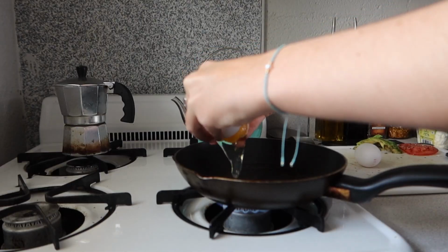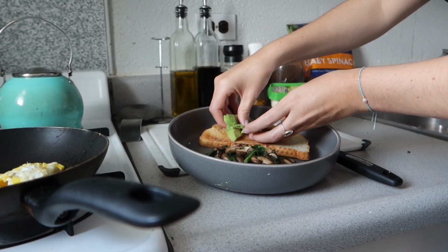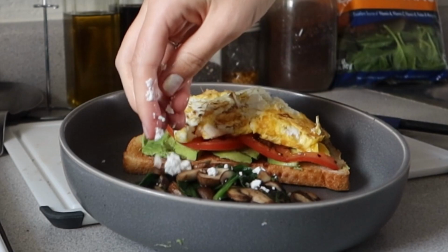So I've been trying to get more protein into my diet. I'm so bad about eating enough protein. I tend to eat too much sugar and not enough protein. So then we got some avocado for some fat, put down a little tomato, sprinkled some feta on the veggies,